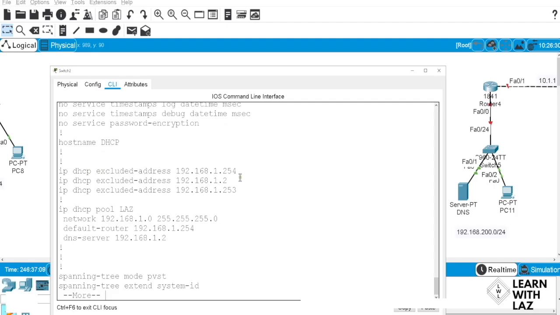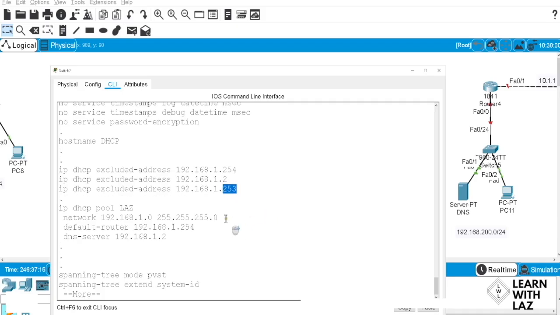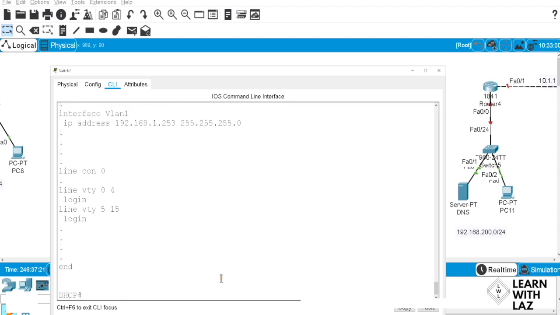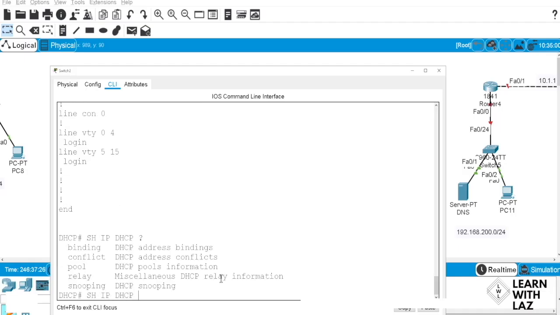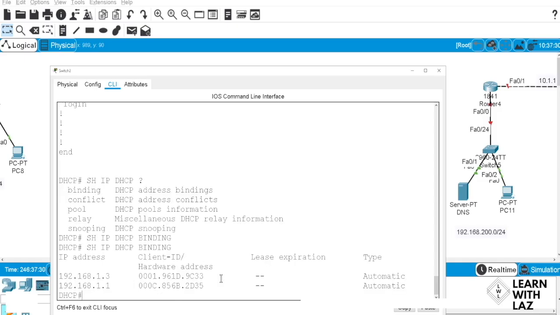We have the excluded addresses. You got to exclude them, or you're gonna have a conflict. Okay, you have that. All right, and then you have your pool of addresses, 1.0. So you have that. All right, and then there's show IP DHCP binding. Oh, look at that binding. Okay, so now we can see. There you go. You can go ahead and look at that, show IP bindings. That's one of the things that they had in the previous test. I'll have it in the same one again.